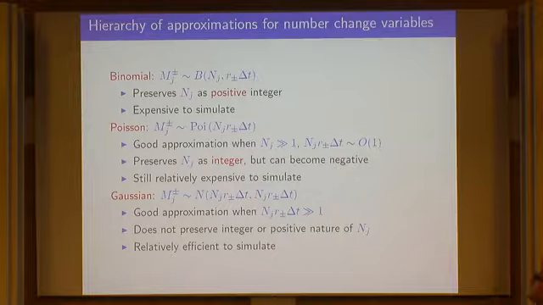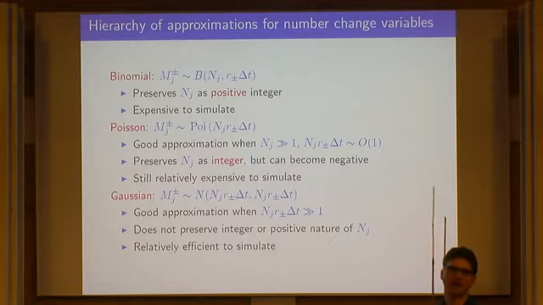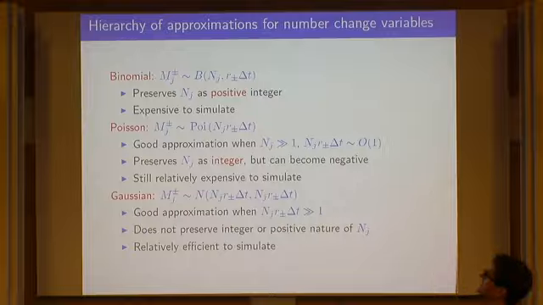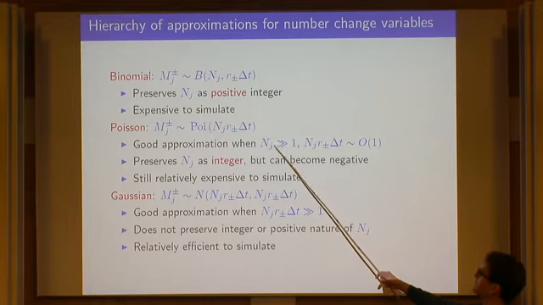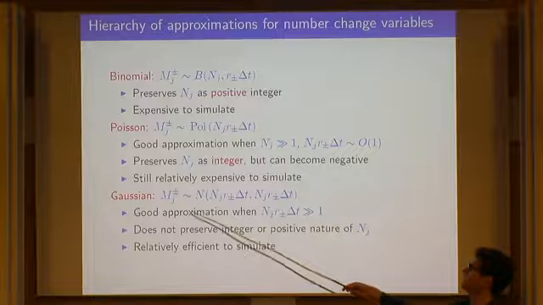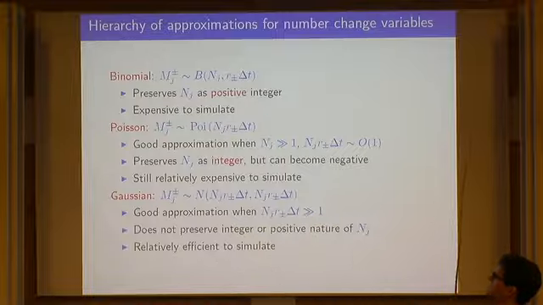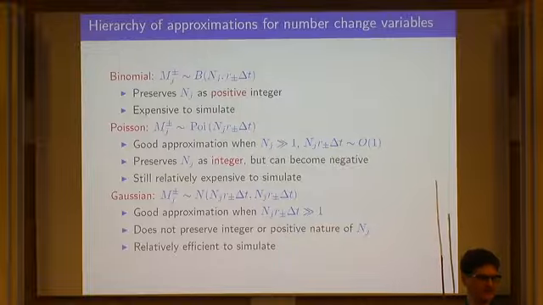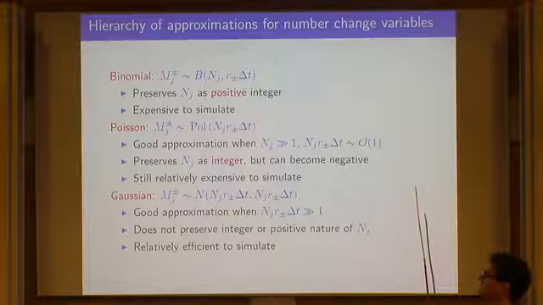And so we could do this at 3 different levels, right? We could make a binomial model out of it. We could make a Poisson model out of it if the number switching is order 1, or what we will actually wind up doing is the Gaussian approximation, which is appropriate if you have a large number of particles switching at every time step. Now the problem with the Gaussian noise, I've talked to some of you about this,